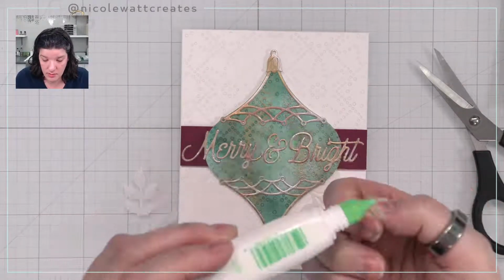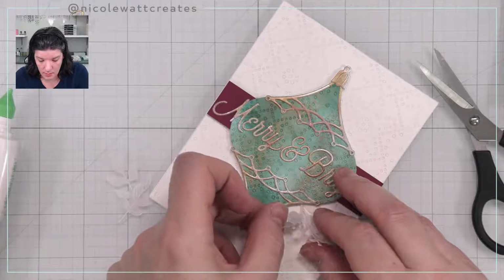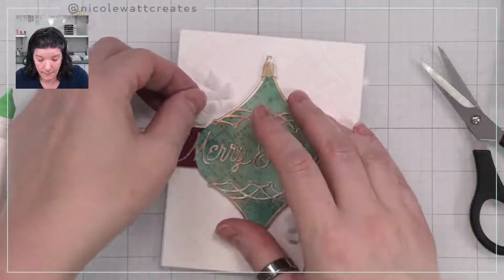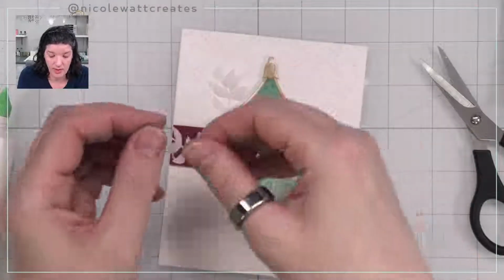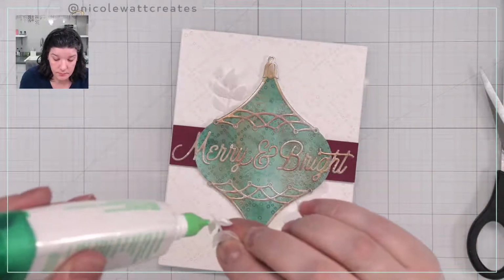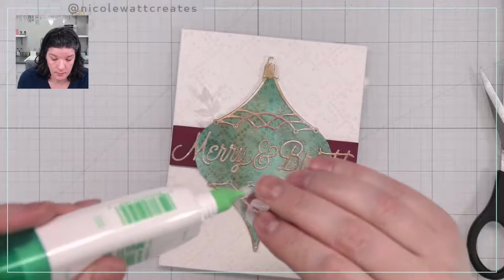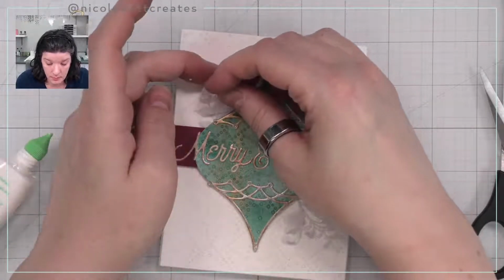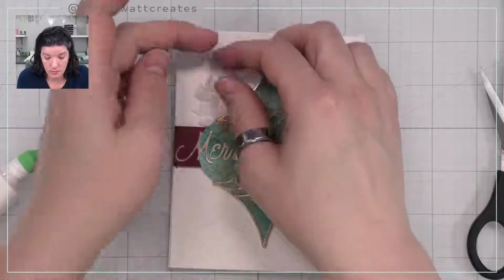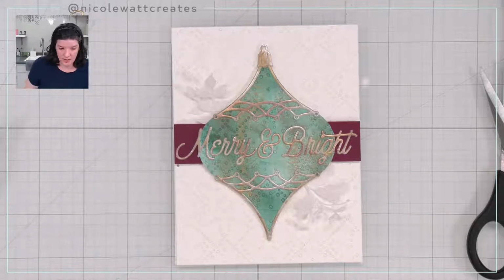Same thing with this. Just a little bit on the end there. Pop that in. And then these guys as well. Like so. If the end is too long, you can always snip it. All right, so those kind of like so. And that's it. You can pop some